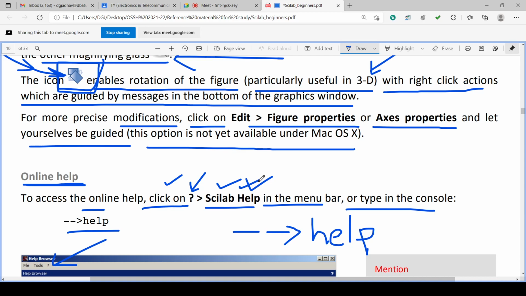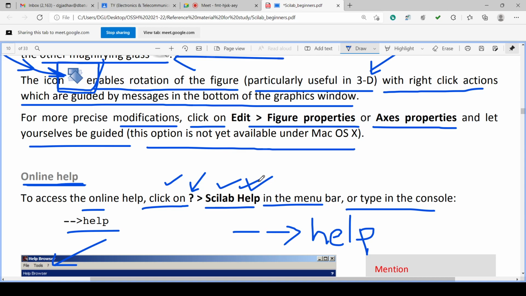How to open in another way? You can click on the question mark and click on the Scilab help. This is one way.